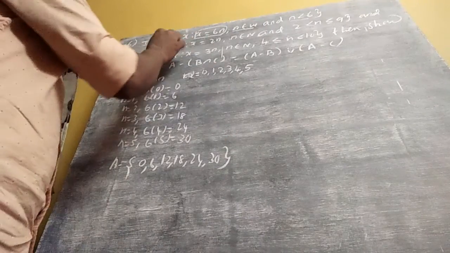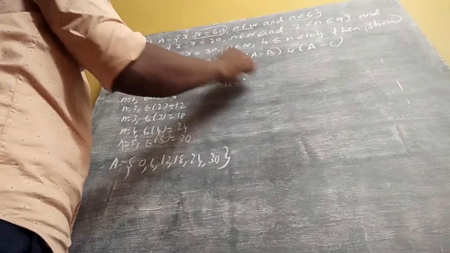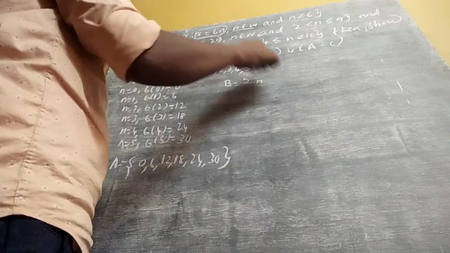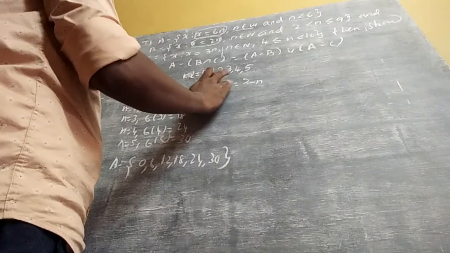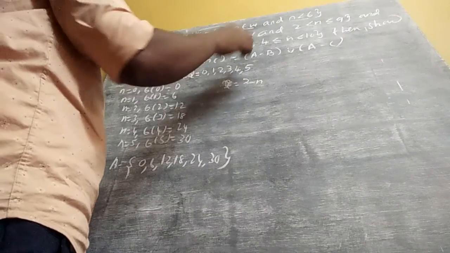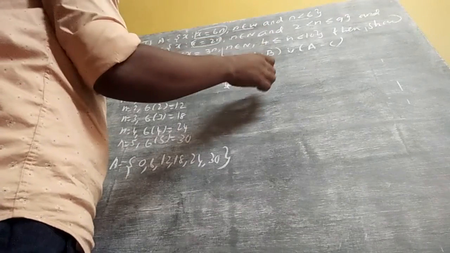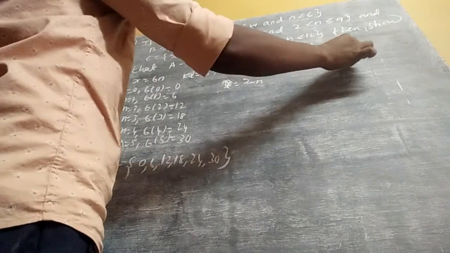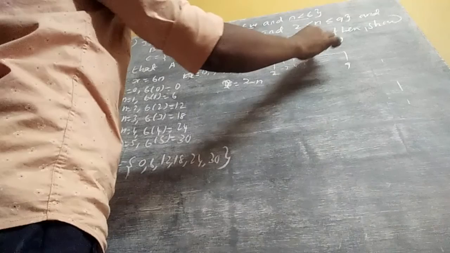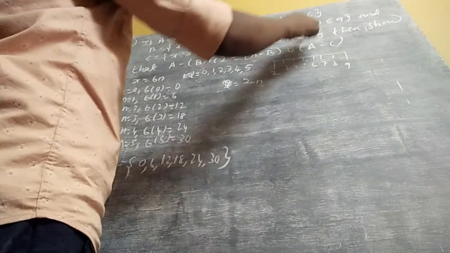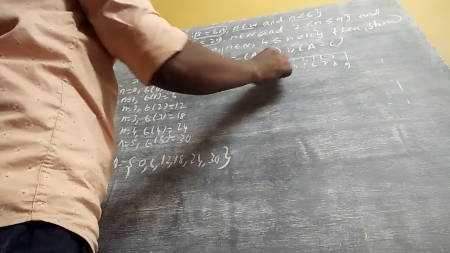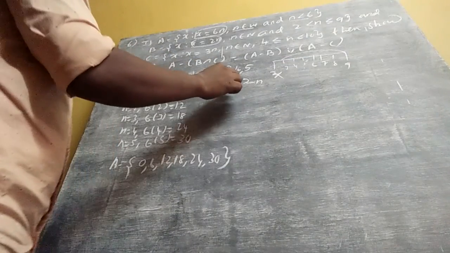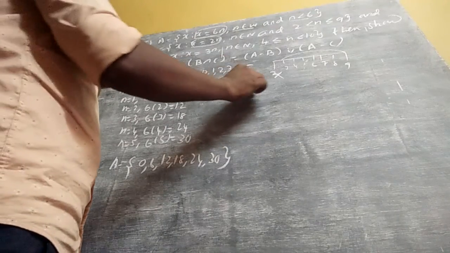Same way, B equals x such that x is equal to 2n, n belongs to natural number, which starts with 1, but they have given a condition. What condition? From 2 to 9, that is 3, 4, 5, 6, 7, 8, but 2 is not included because they did not give the equal-to symbol, so you leave 2. Remaining, from 3 to 9 we can use as n values.